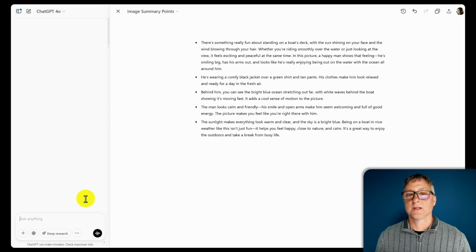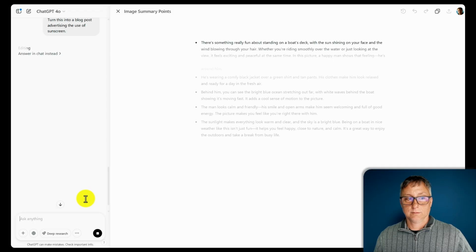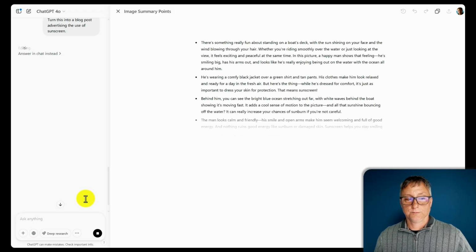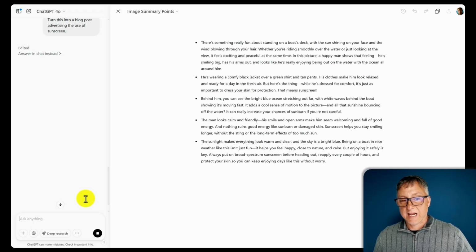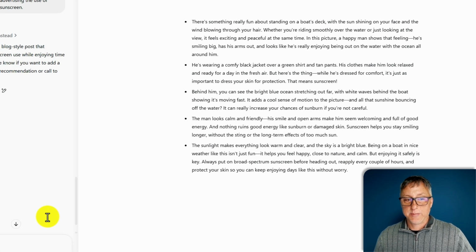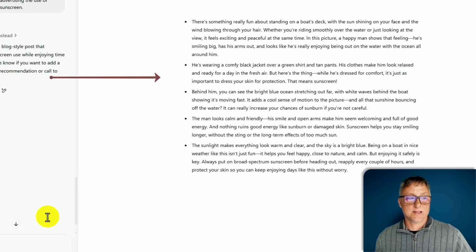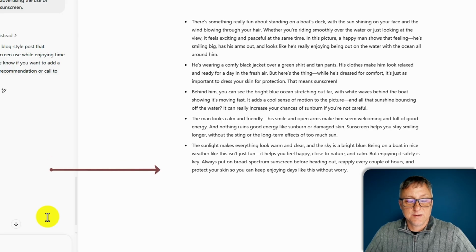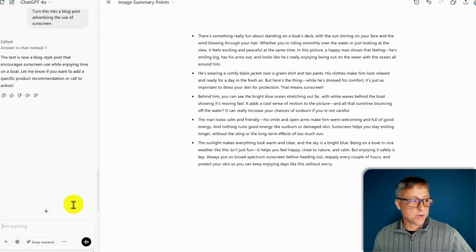So let's get it to turn this into a blog post advertising sunscreen. Now, if you notice, there's been a few spots where it's added in pitches for sunscreen. Here in the second paragraph, the last piece, it says dress your skin for protection. That means sunscreen. All this is pretty good.